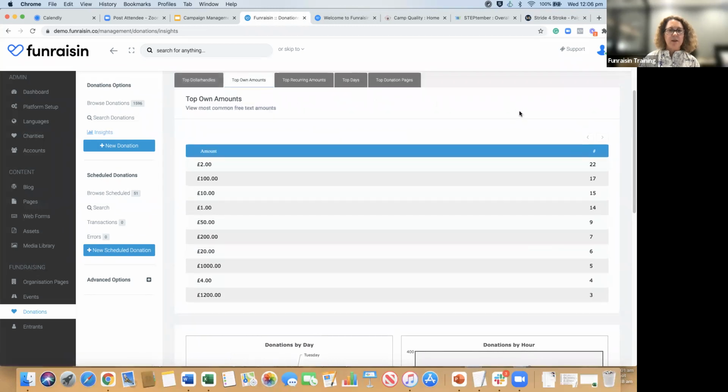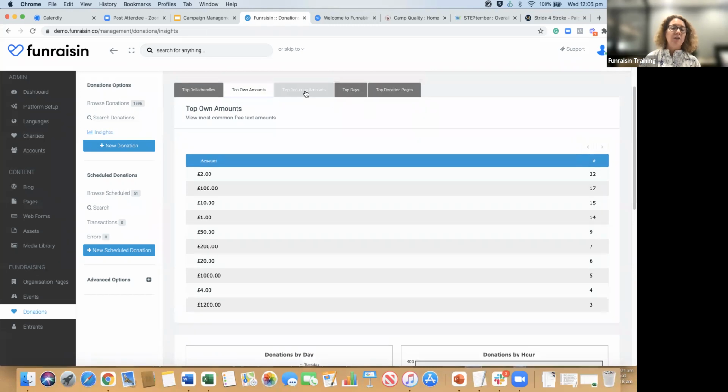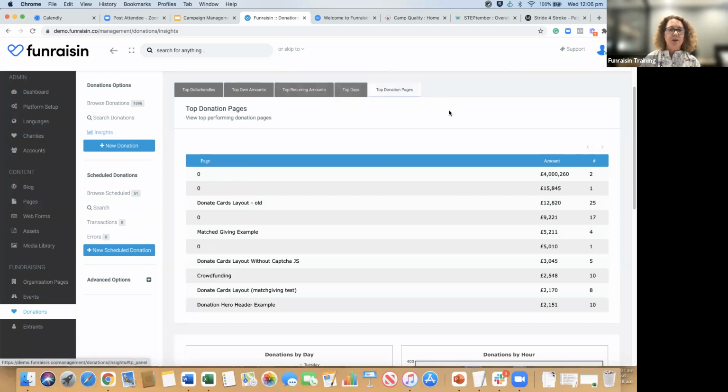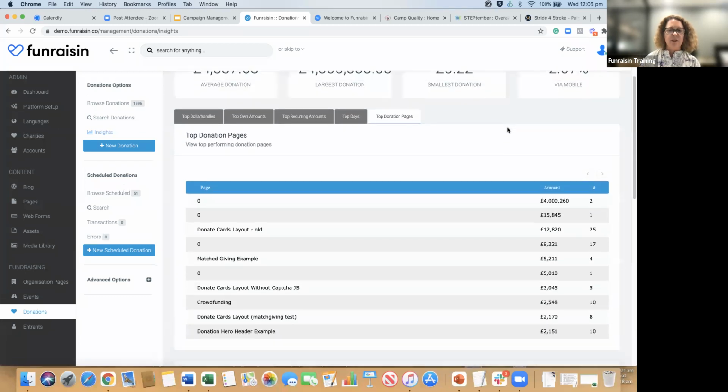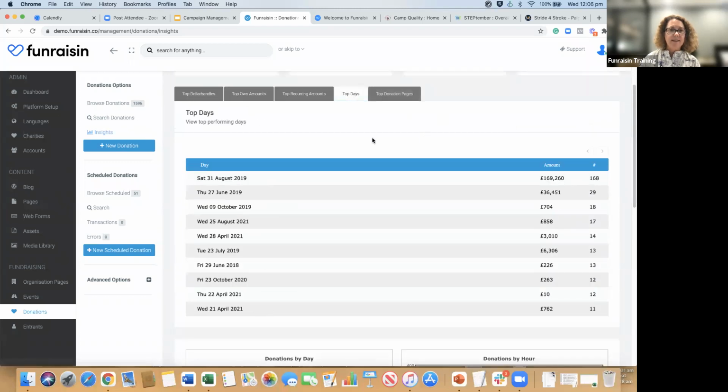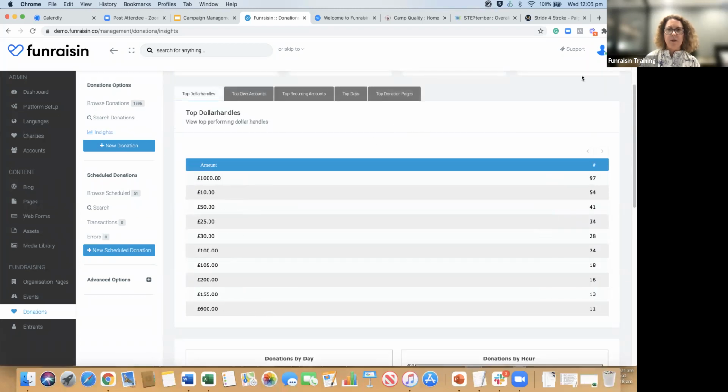We also have it separated out by which is the most common personal donation amounts. So that's top own amounts, which is personal donations. And then for regular giving, we have top recurring amounts. And then we also show you what the top days for donations are during your campaign and the top donation pages that you have as well. So that's probably not as interesting for peer-to-peer. Top days is though, and the dollar handles, keeping an eye on those dollar handles